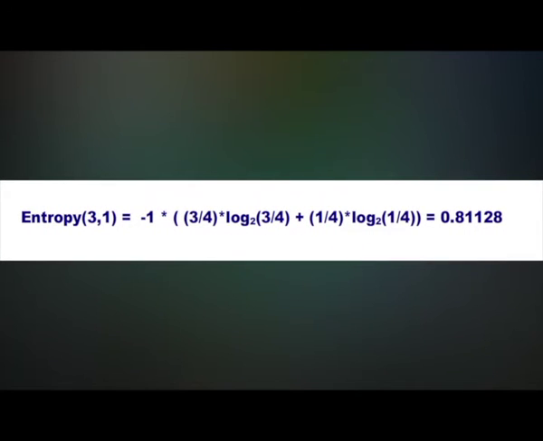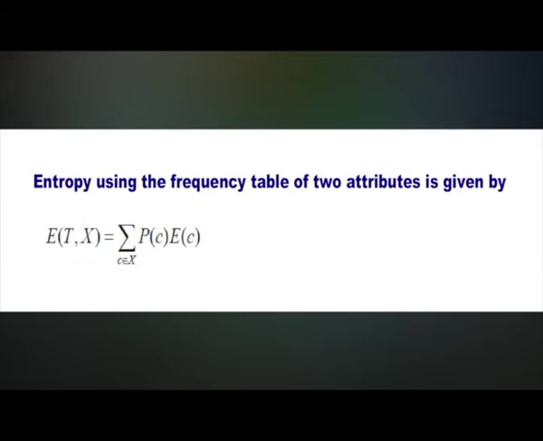Therefore, entropy(3, 1) is equal to minus 3/4 times log of 3/4 to the base 2, plus 1/4 times log of 1/4 to the base 2, which is equal to 0.81128. Entropy using the frequency table of two attributes is given by entropy of T, X is equal to summation